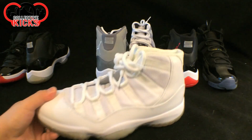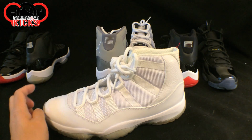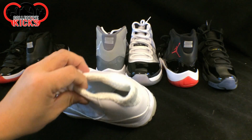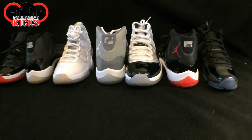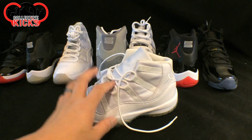We have the 2010. Earlier in the year, they actually had two pairs of Jordan 11s drop in 2010. We had the anniversary 11s, and you can see this is white and silver. Silver on the carbon fiber down here, all white uppers, and then it had kind of a different pattern for the back area. And then on that note, I have the GS version of the 2010 anniversaries, and this